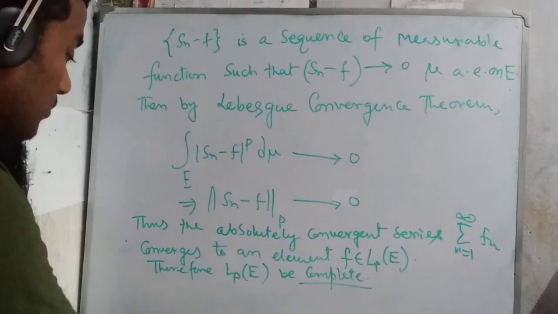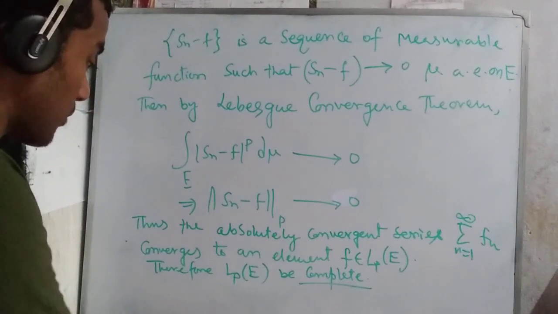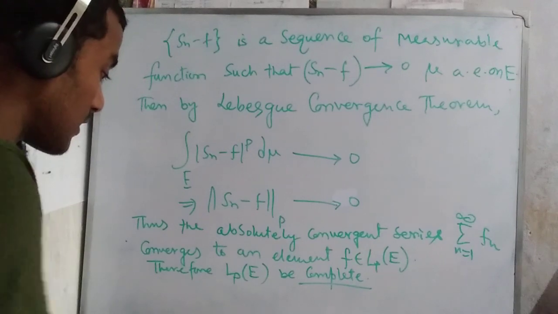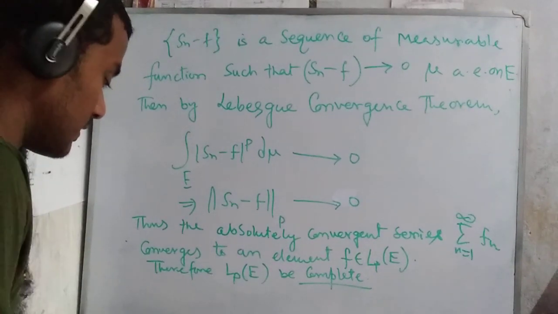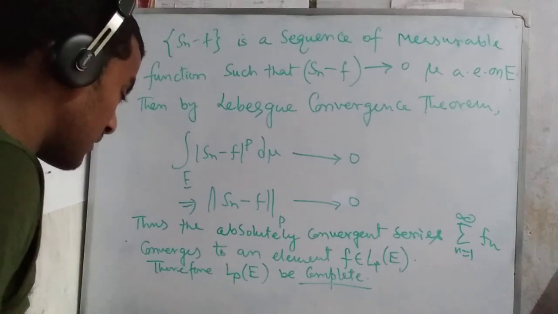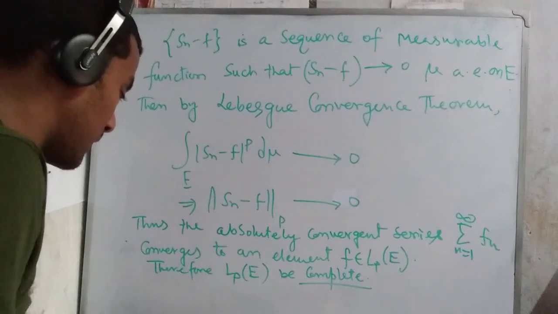Obviously we discuss that S_n and G_n are the nth partial sums of f_n and mod f_n. Then we have to show that S_n converges in L^p(E). So we first show that the norm of G_n in p is less than or equal to M, and next show that the integral of G_n whole to the power p d mu